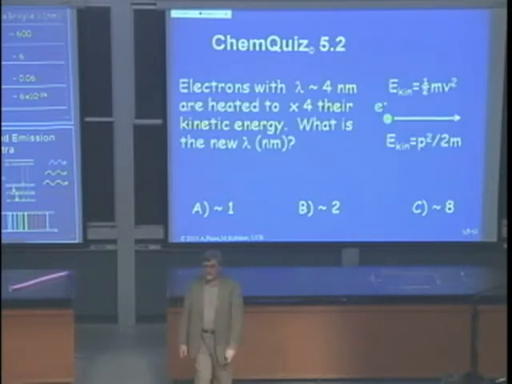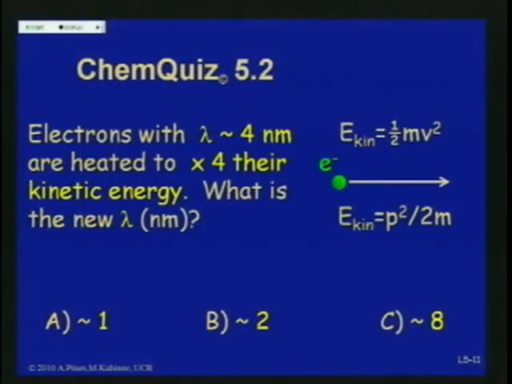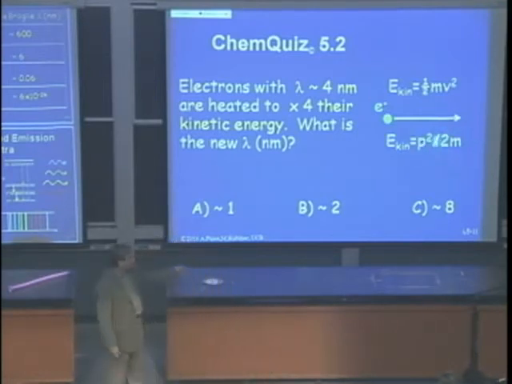All right? So now let me ask you this. The kinetic energy of a moving particle is 1/2 the mass times its velocity squared. So the kinetic energy is actually the momentum squared divided by 2m. If the particle was the same, you can sort of forget this part here. Okay? Just helping you to solve that. So we have electrons, and we treat electrons as waves. We have electrons with a wavelength of 4 nanometers.